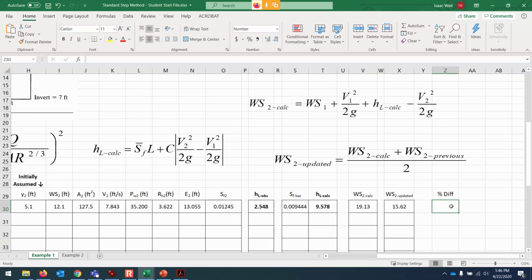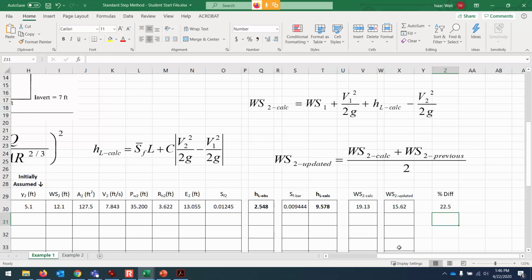It would be the current updated value minus the previous one divided by the new updated value times 100. So we had a 22% change